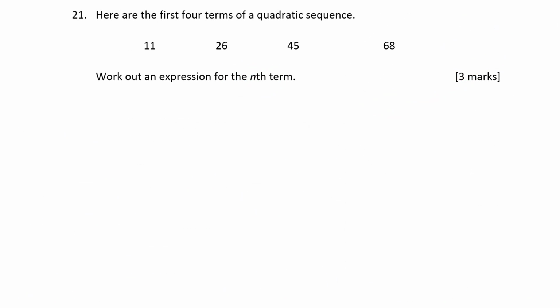Question 21. Here are the first 4 terms of a quadratic sequence. I've got 11, 26, 45 and 68. Work out an expression for the nth term. Okay, so we've got a quadratic sequence. So you'll notice that the difference between 11 and 26 is 15. Between 26 and 45, the difference is 19. And between 45 and 68, the difference is